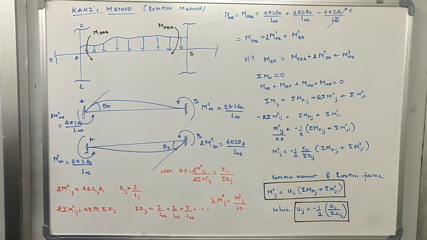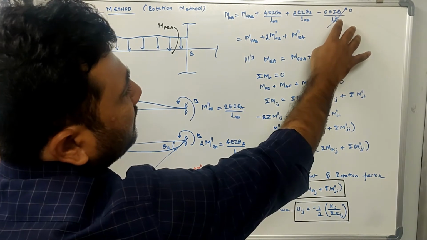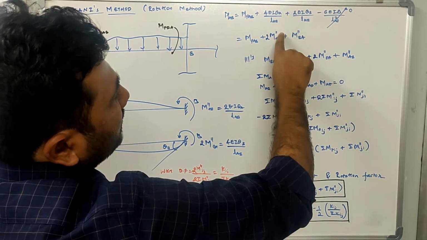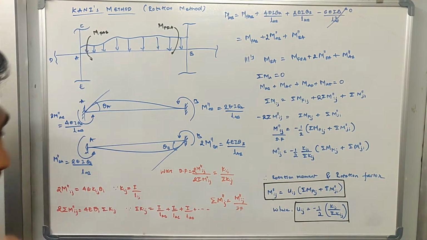Now what I will do is, I used to call minus 6 EI delta divided by L square as m dash, right? So here, the rotation moments I will call m double dash. You remember this. When I call m dash, I am saying the moments are with respect to translation. When I am using m double dash, I am saying that they are with respect to rotation, the moments are created because of the rotation.